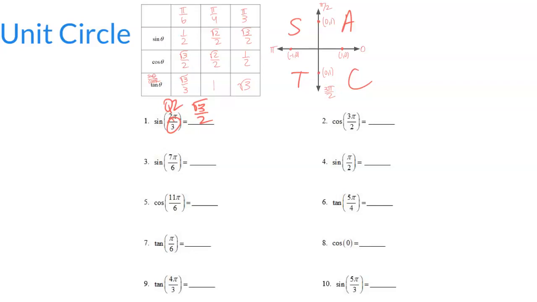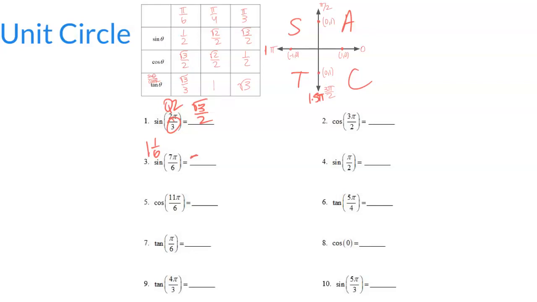Well, 7 over 6 is the same as 1 and 1/6. And so that is going to put me in quadrant 3, since this is 1 pi, and this right here is 1.5 pi. And 1 and 1/6 is in between 1 and 1.5. So the next thing is, we know that because it's in quadrant 3 and it's sine, that